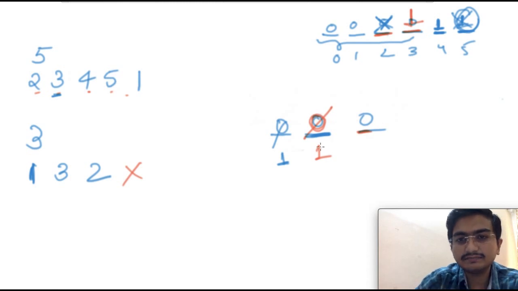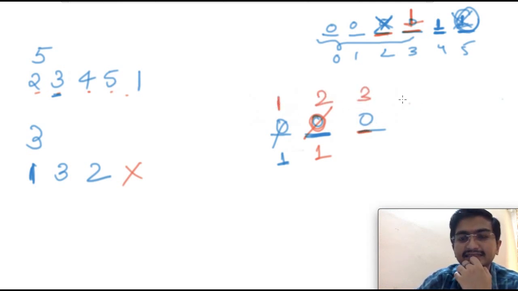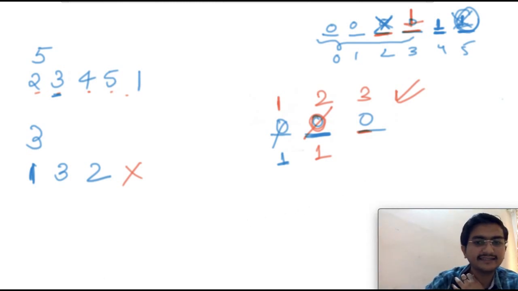So 2 should go to the maximum position value, right? So basically 2 should have been here, 1 is here, and then 3 should have been here. This is a valid case, right? So basically this is the approach. And then I have to just go to the code because there was not much to the question except this.